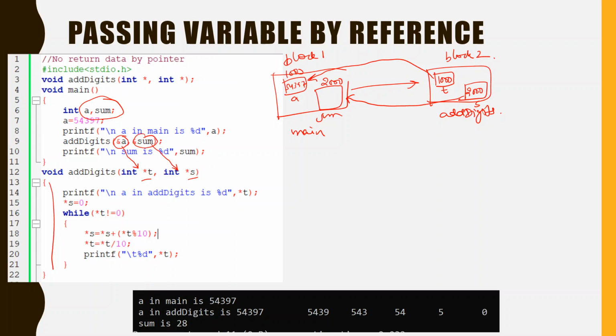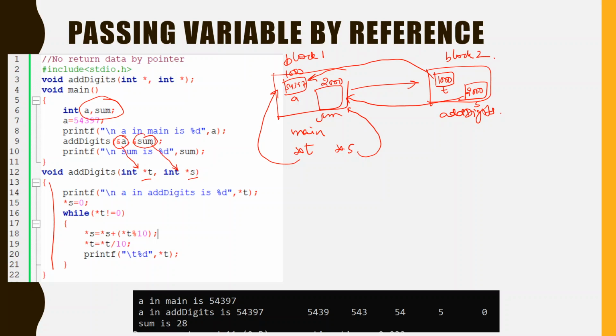Whatever change we make through *t and *s would directly reflect in variable a and variable sum. We have created a reference between block 1 and block 2, different blocks of memory.